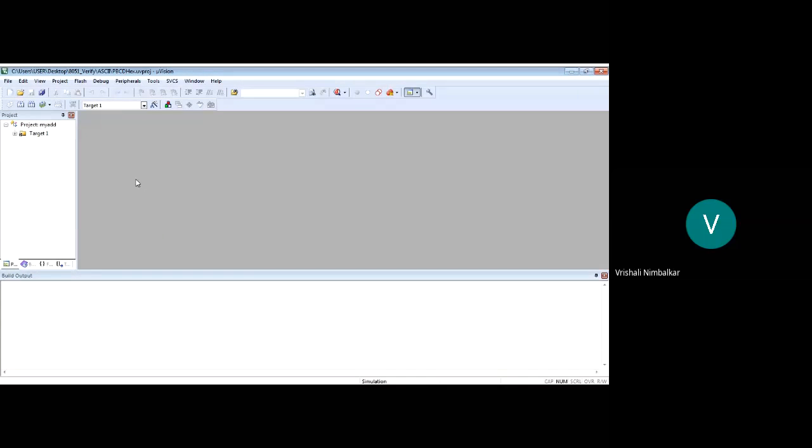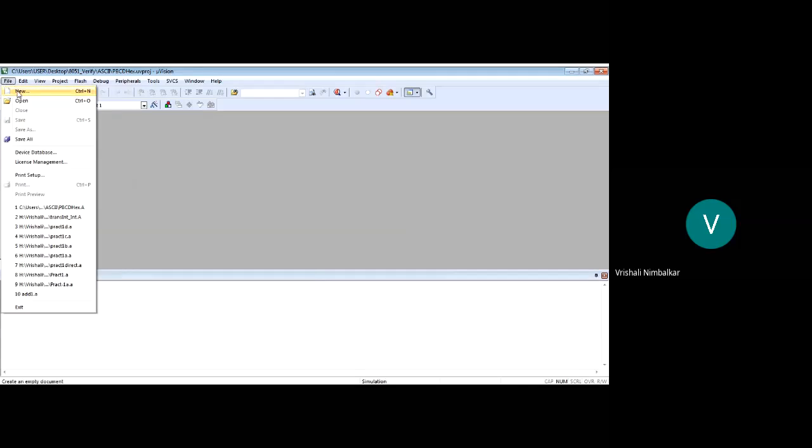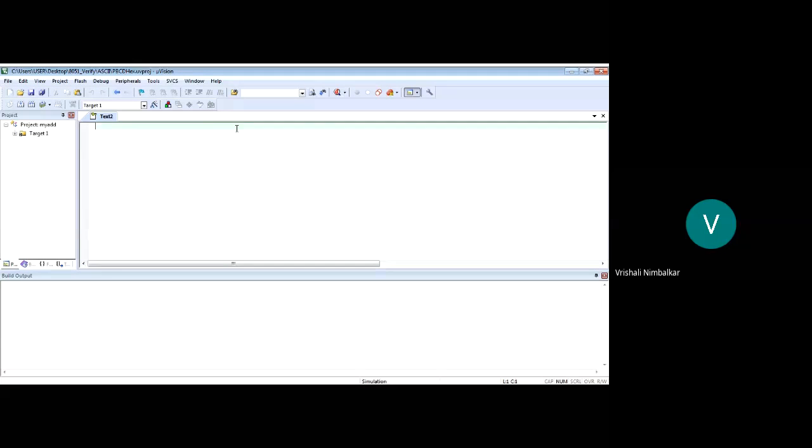Now I am ready to write the program. So go to file, new. A text window appears. See, below that file, there's a shortcut. If you click on that, you get a text window. Right? And now I will start writing my program. I will write a simple add program. We will execute that and see. Okay, students? Small, capital does not matter. You write any way you want. I am just writing capital. You can write it in small case also. So I write